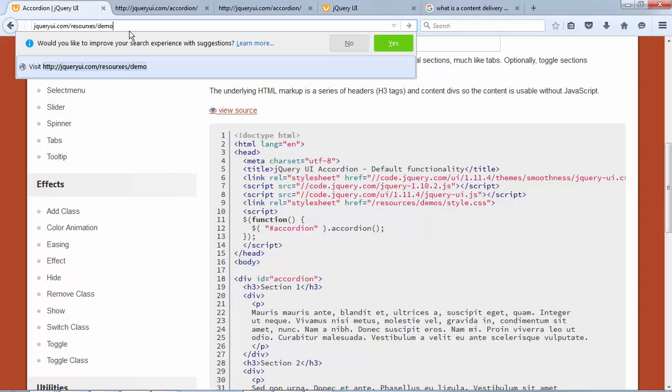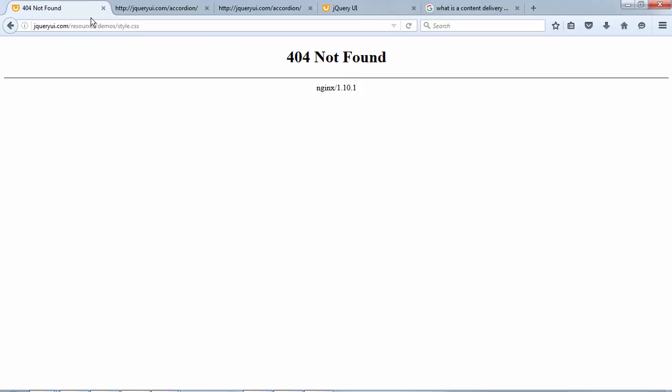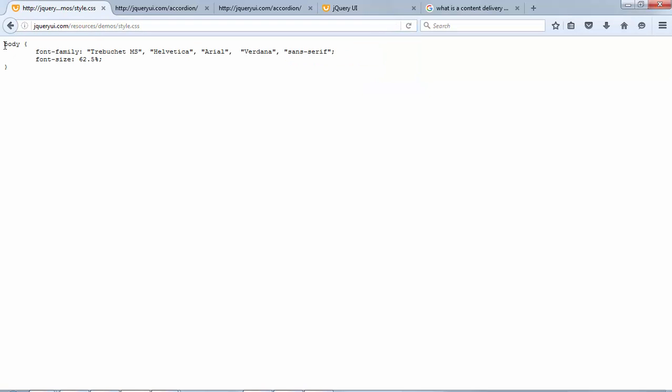Resources, demos, style.css. I don't know if it'll give me that. Of course it's not found. There it is. That's the file I want. So I'm going to grab that